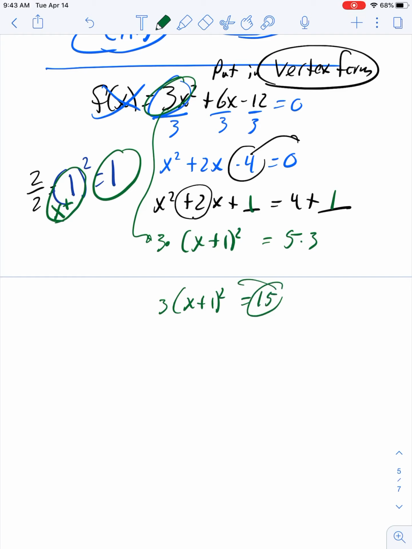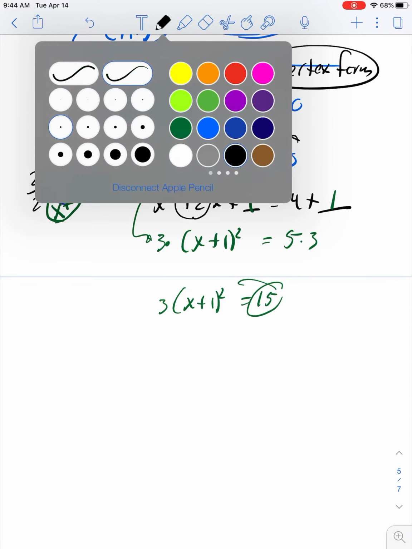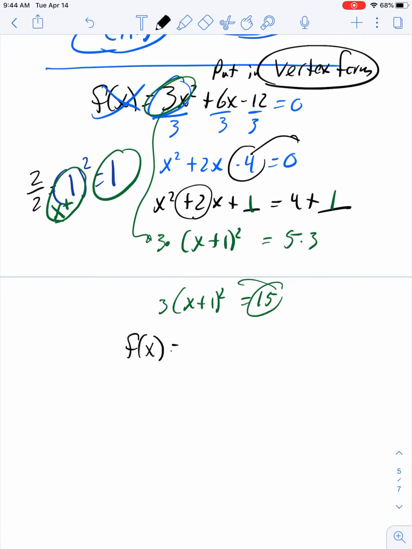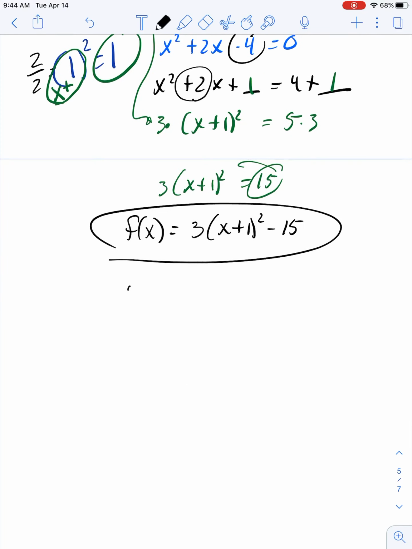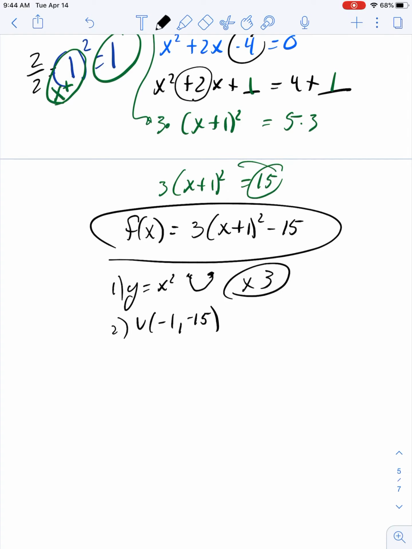Then move it back over, and let's go ahead and we have f of x equals 3 times x plus 1 squared minus 15. So remember what we can get from this is the ability to graph. We have my parent graph y equals x squared, and my vertex is -1, -15, and remember my scalar is 3. Okay. All right, so to wrap this up,